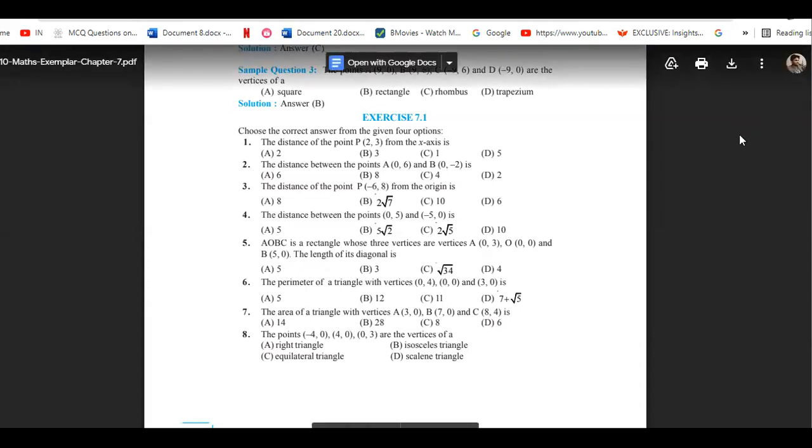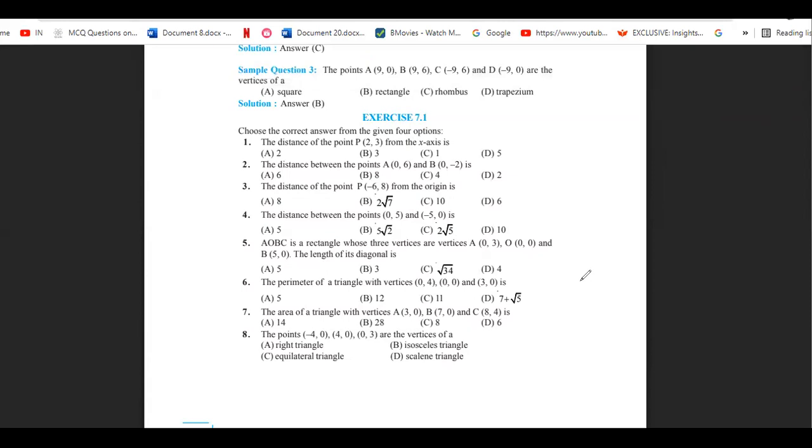So what is a scalene triangle? Scalene triangles are those triangles in which no sides are equal. Like this triangle we have. Here no sides are equal. It is neither a right angle triangle, nor an equilateral triangle, nor an isosceles triangle. So then it is a scalene triangle. Means if all the 3 distances are different, if AB is not equal to BC is not equal to AC, then it is a scalene triangle. Okay. Okay, sir.